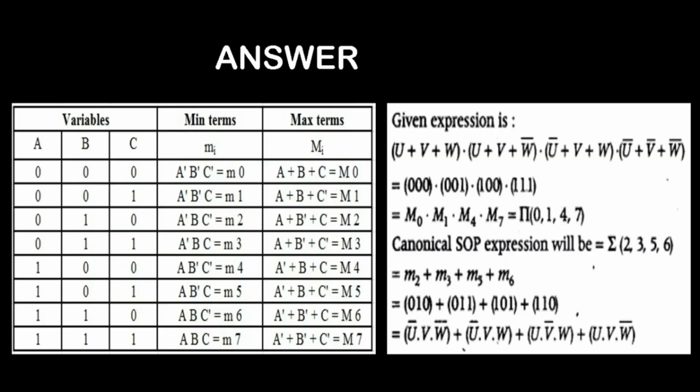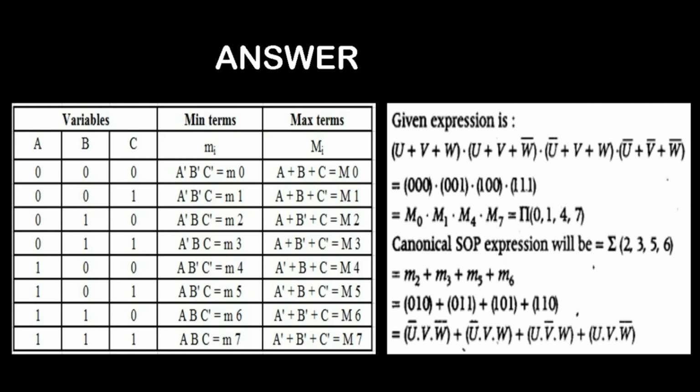So first I have taken a table. You can write the entire table with all the input literals A, B, C, and then take the min terms and the max terms. Remember, min terms are represented by small m and max terms by capital M. For the min terms, A dash is considered as value 0, and for max terms, A is considered as value 0. In min terms you multiply the input values A dash, B dash, C dash, and in max terms you add the input values like A plus B plus C. So you have to remember all these basic terms about min terms and max terms.